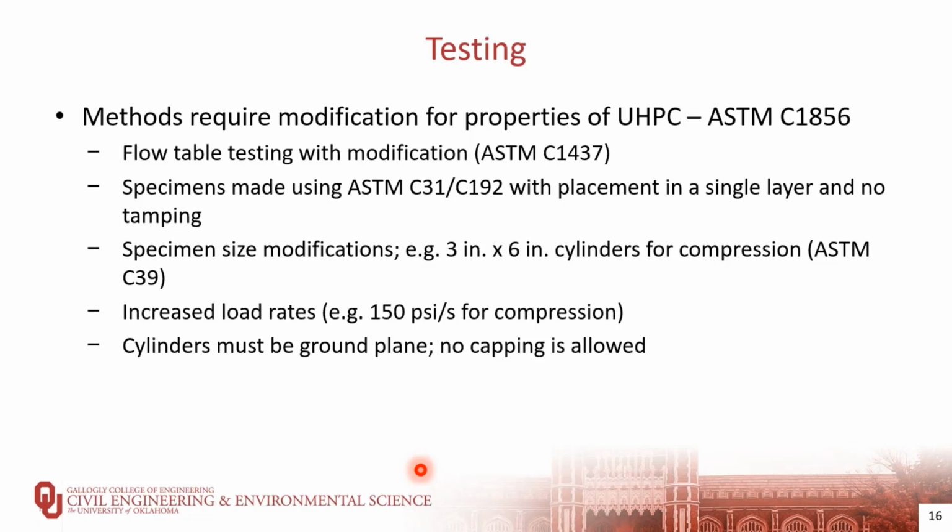Smaller specimens are typically used for UHPC, so for example 3x6 cylinders for compression, and then increased load rates are used just to reduce the length of the time of the test, and that have been shown to be effective through extensive research over time. So for example, 150 psi per second for compression rather than the standard 35 plus or minus 7. Test cylinders must be ground plane. No capping can be used due to the high strength of the UHPC,